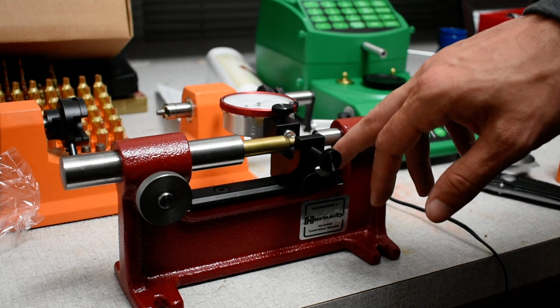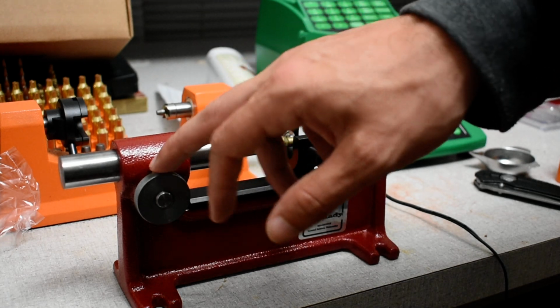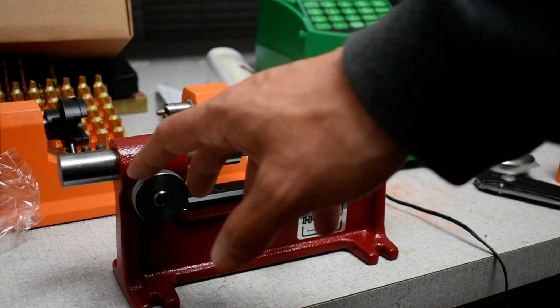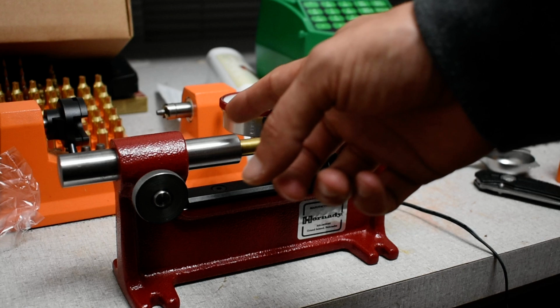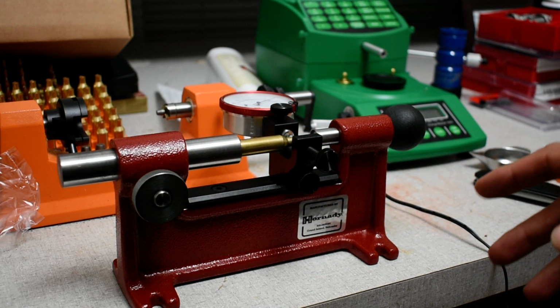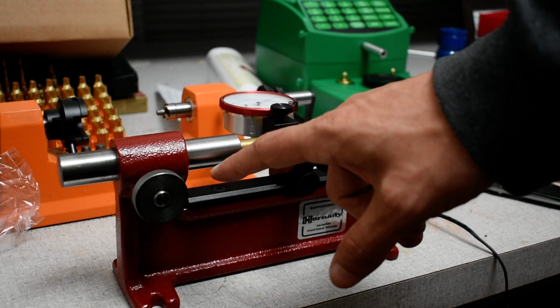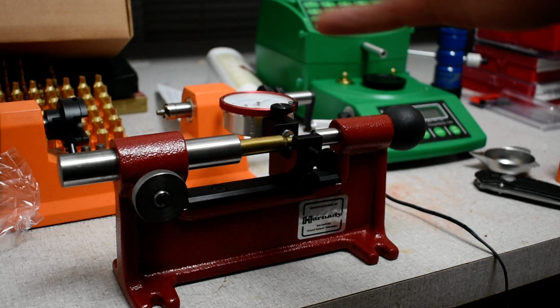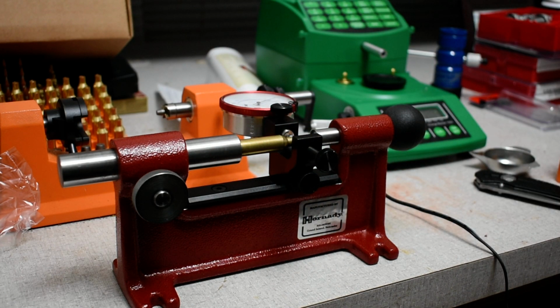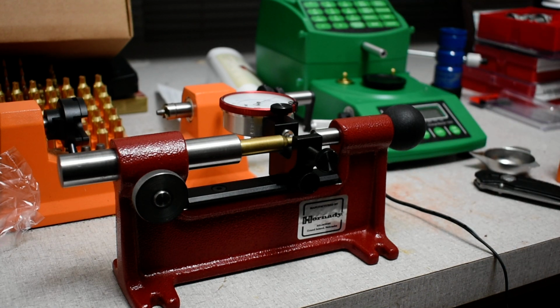And also, this piece adjusts here. You simply loosen this knob, unscrew that knob. You can adjust this obviously for your bullet length. I don't know the overall length that can fit in this. Obviously you could just measure it. I'm not going to take the time to do that. It will accommodate everything that I reload, so I'm not concerned about telling you what all calibers it can or cannot